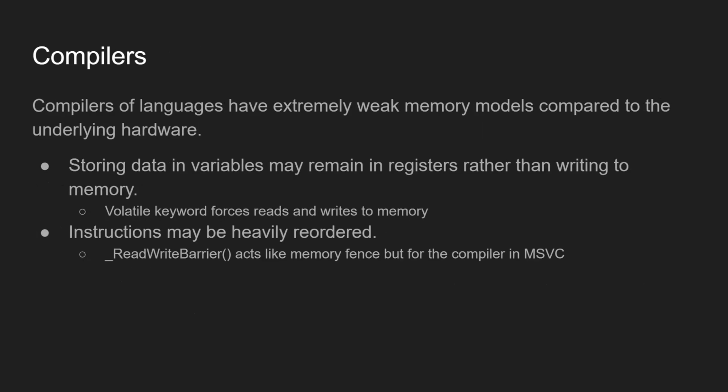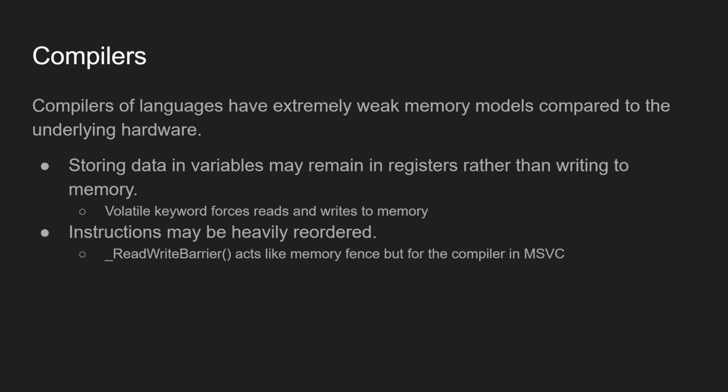Although x86 provides a pretty strong memory model, it turns out that compilers don't. Because you're writing something in a higher level language like C++, and then that gets compiled down, the optimizations that the compiler will perform can actually result in a weaker memory model. So if you're going to be doing parallel programming, you need to basically assume that you have an extremely weak memory